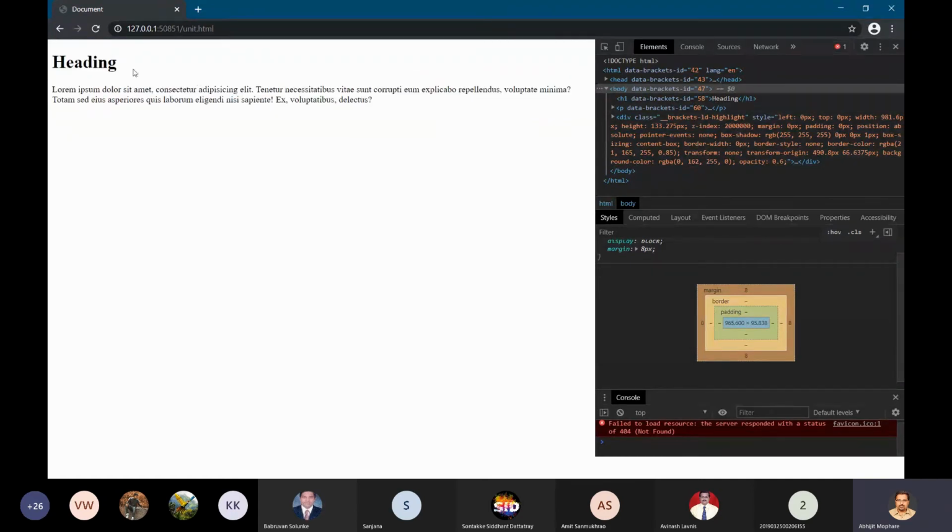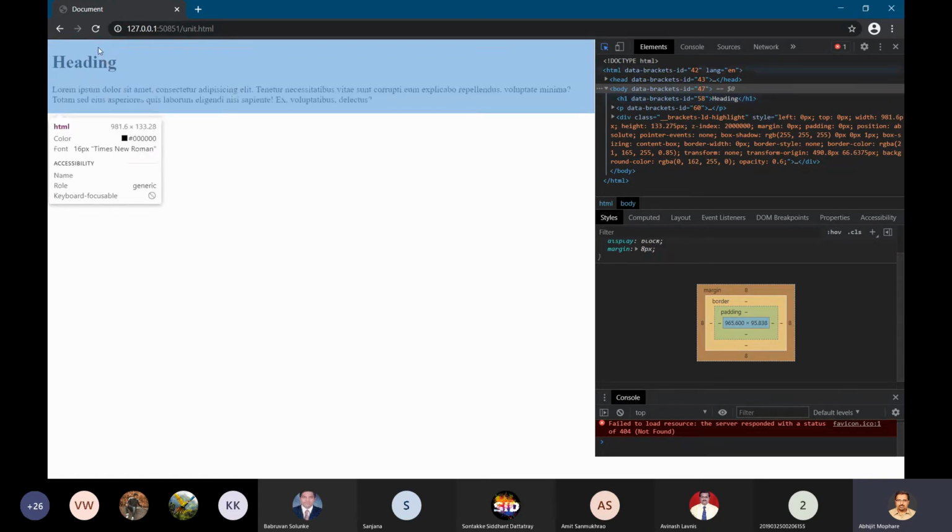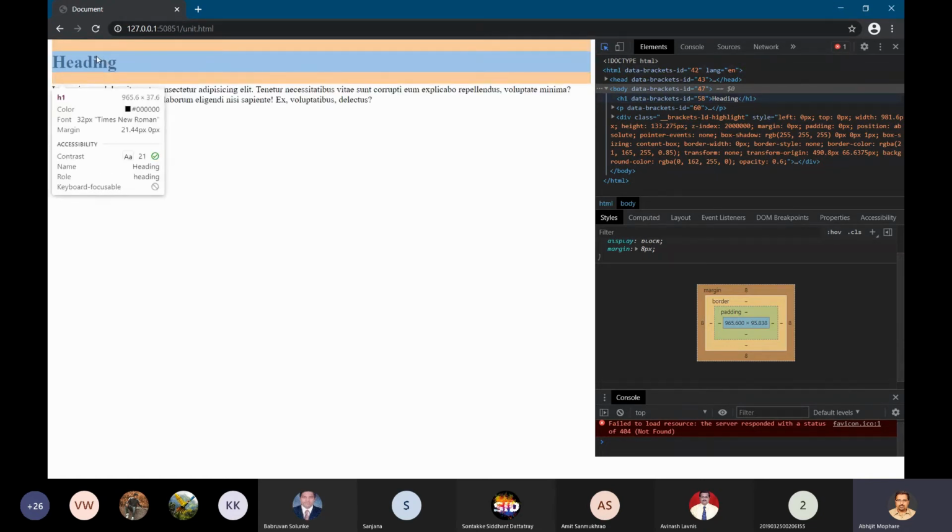Suppose I place the cursor over the heading, you can see how it is working. The heading is taking some place, but there are certain areas, as you can see with the light brown color. That is what is called the margin.